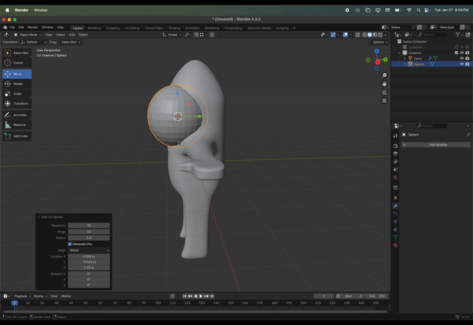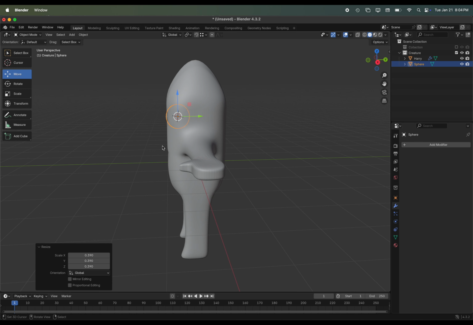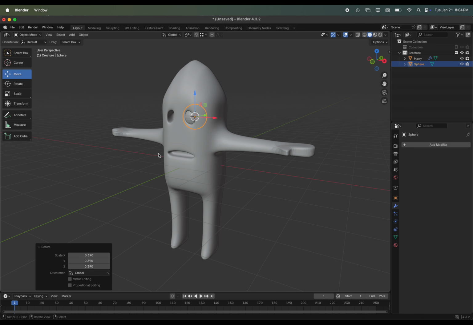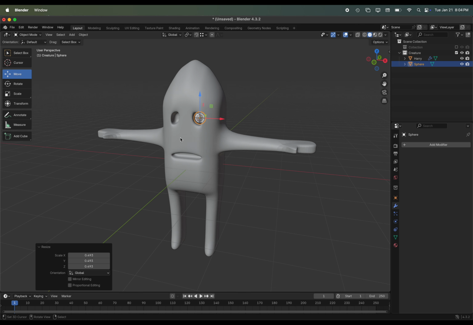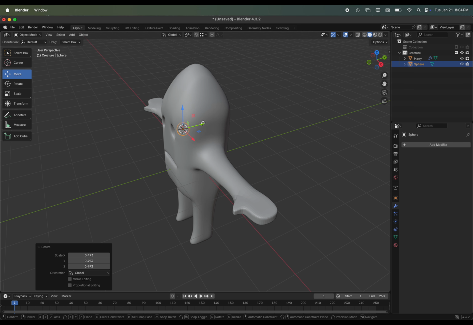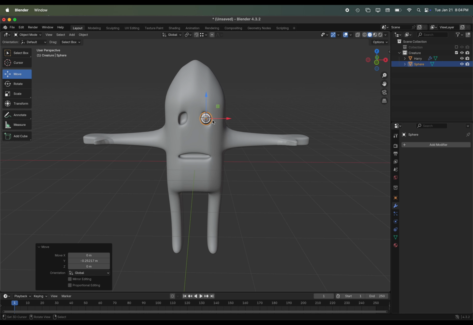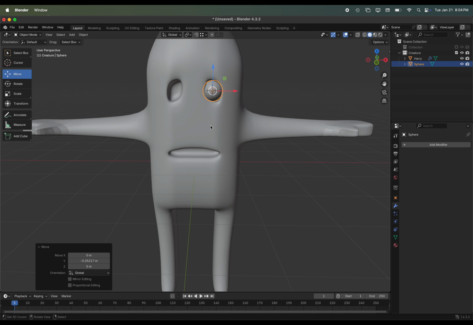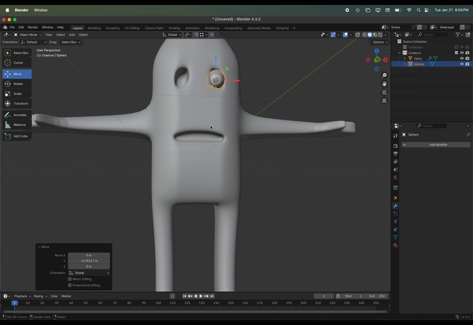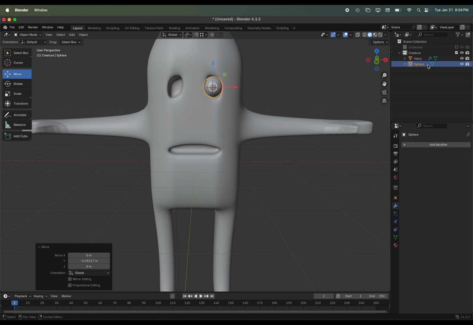Now this UV sphere is way too big by default, so I'm just going to press S to scale that down. And I just want to choose a size that's sort of going to fit in the eye socket. I may need to adjust the location, so I can use the move tool to do that. And I can play around with the exact size that I think looks right. I'm going to take a moment to name this. Now this is the right side, so I'm just going to add .r to the end of the name.